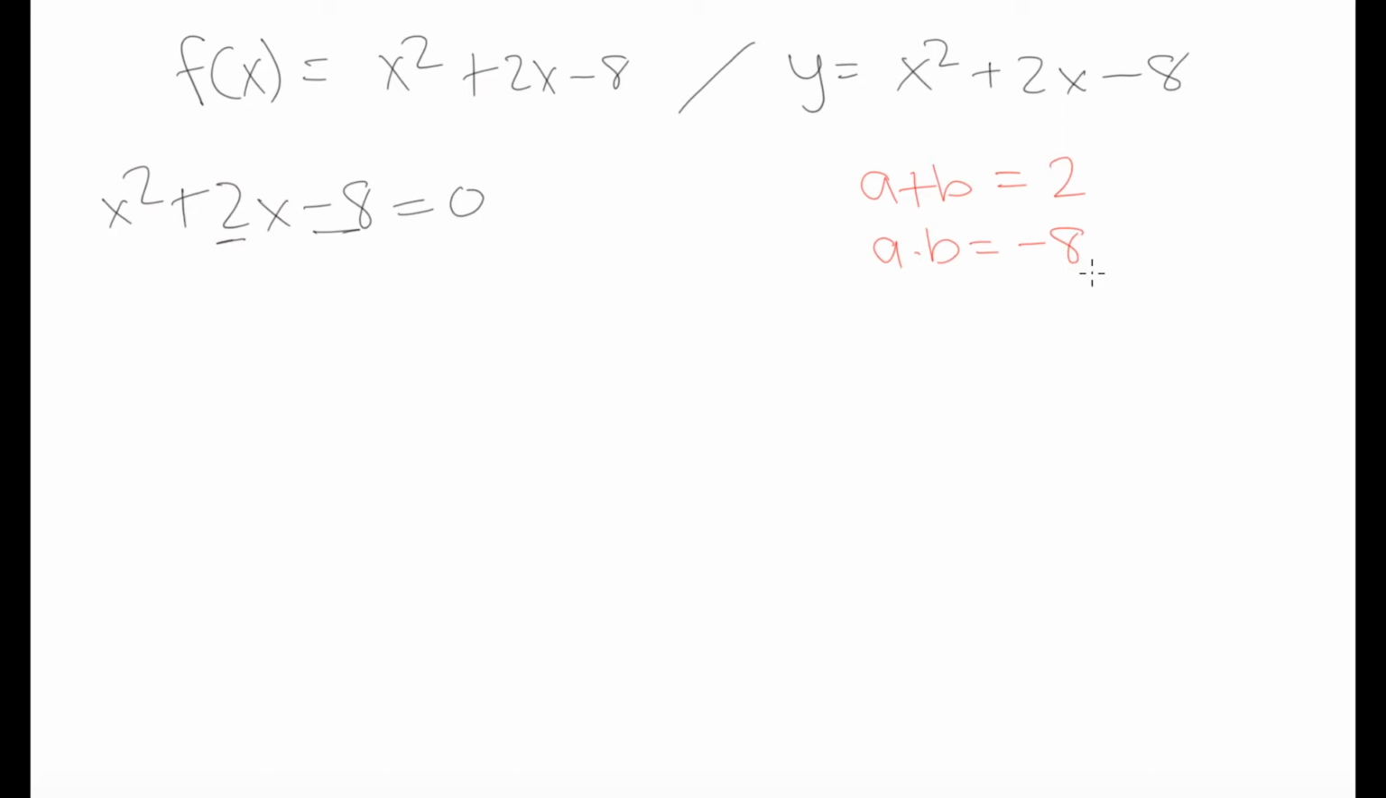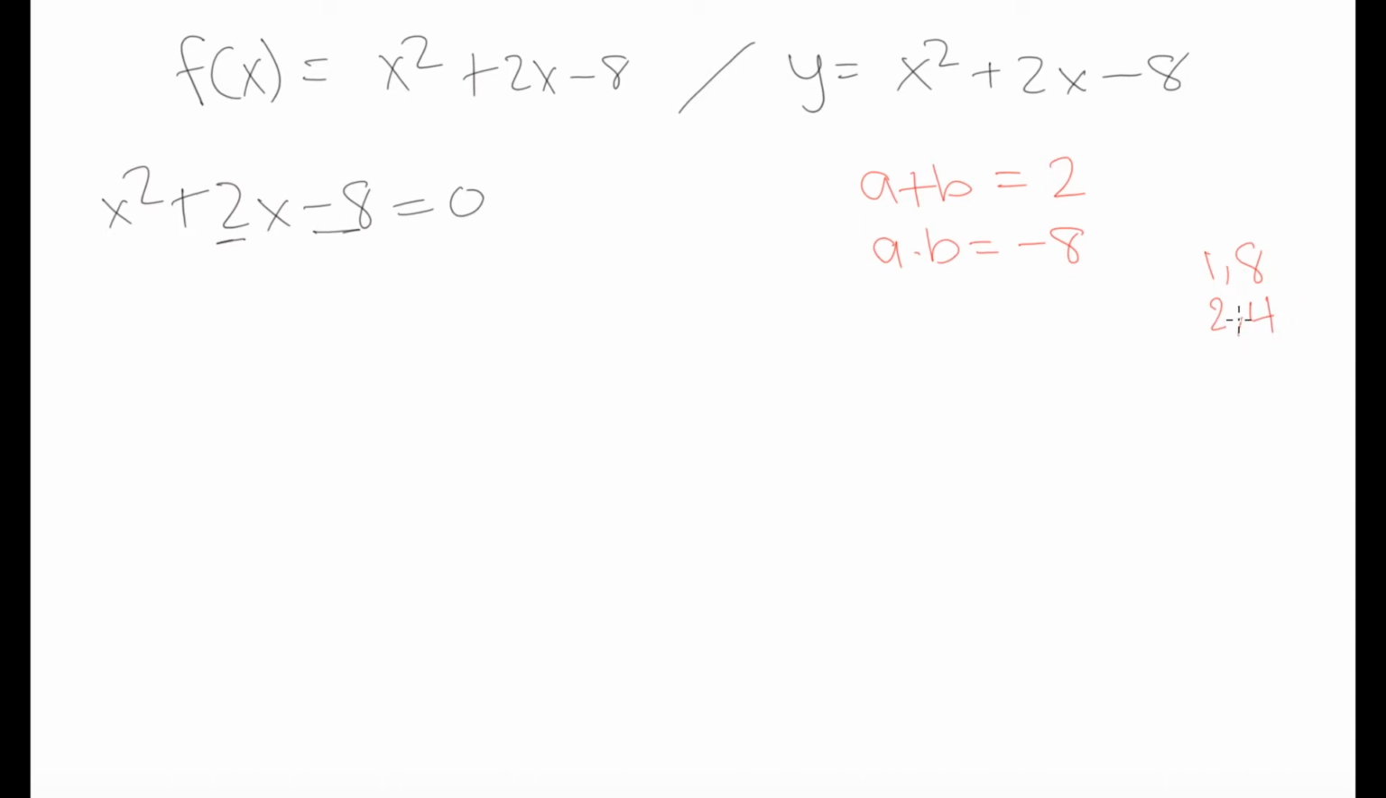And we know that because it's a negative, one of our numbers has to be positive and one has to be negative in order for us to get a negative number when our two numbers are multiplied together. So if we're looking at our factors of 8, we have 1 and 8, and we have 2 and 4. And immediately something that jumps out to me is that if we had positive 4 and negative 2, when we